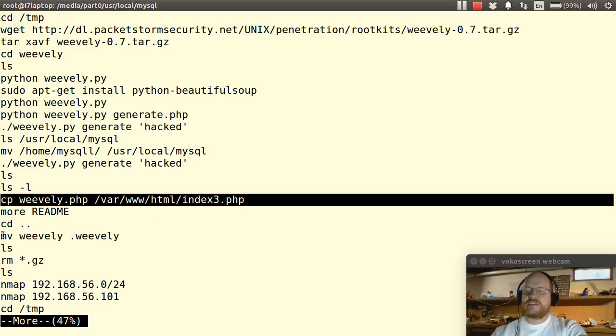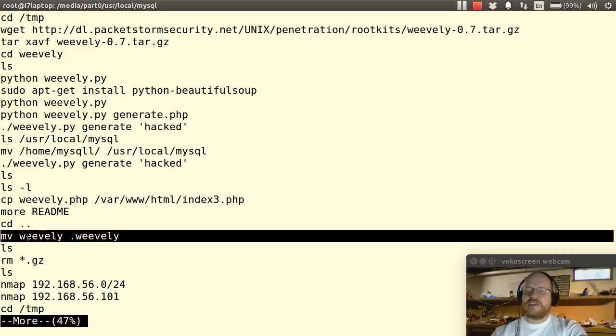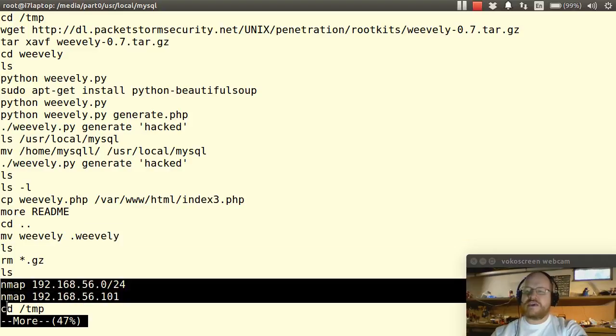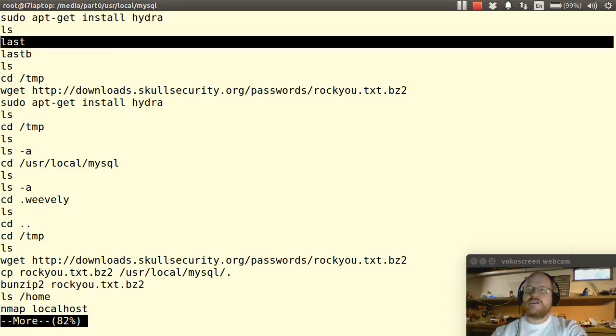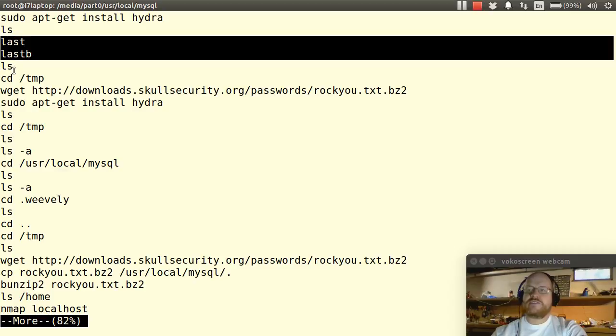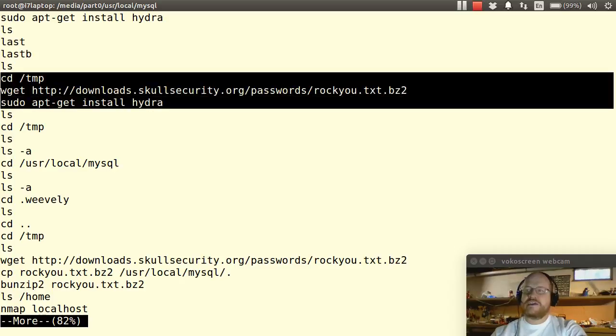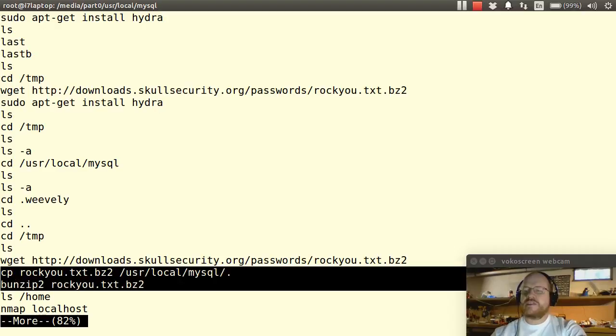And it looks like they tried to cover up by moving Weevely to a hidden directory called .weevely. They then ran some nmap commands. They installed Hydra, an online password cracker. They also displayed who last logged in and any failed login attempts. Seems that they got the rockyou password list, and later they unzipped it. They did an